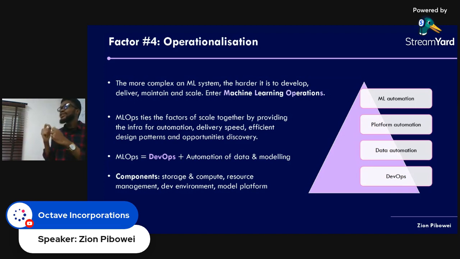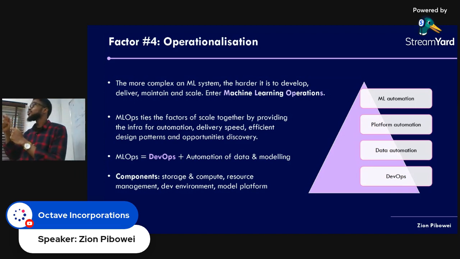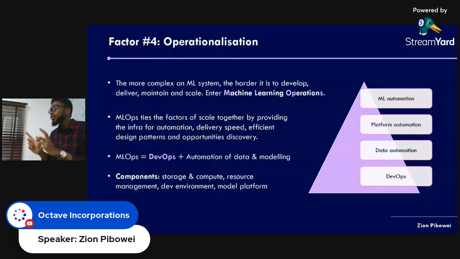But the difference between MLOps and DevOps is that we are not just trying to automate code or create infrastructure for code or software. It's not just code. It is code, it is models, and it is data. Three things, and they're very different things. So it makes the entire thing radically different from DevOps.